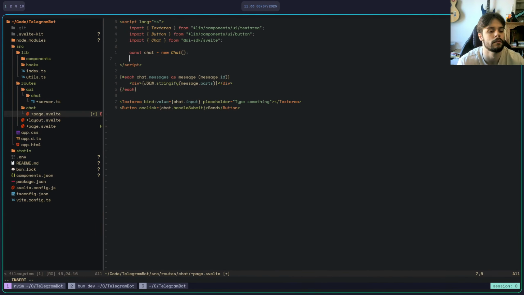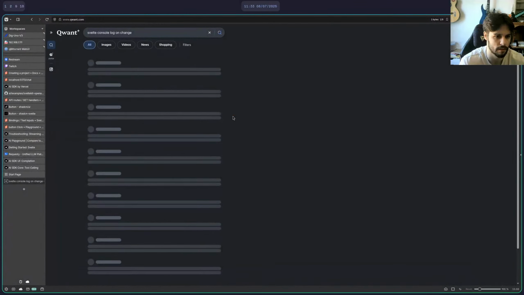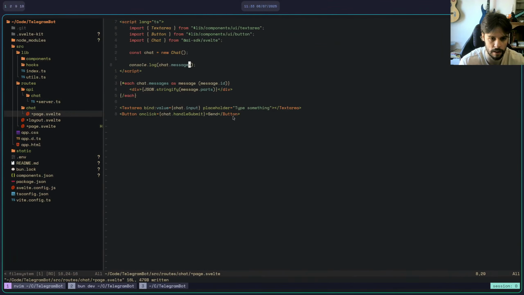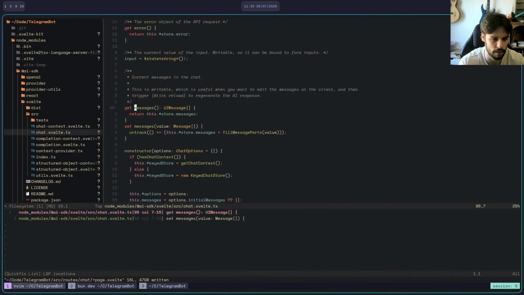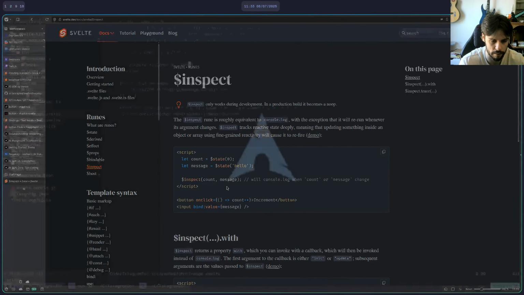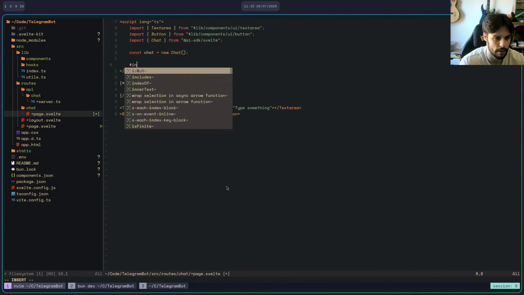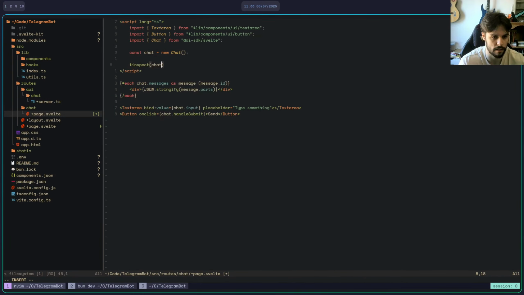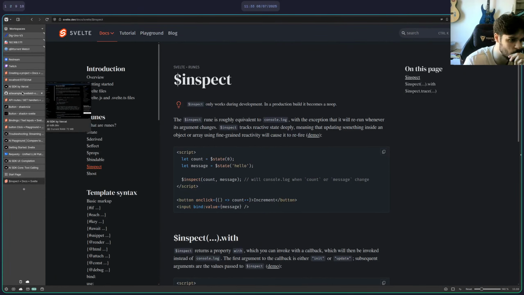This isn't gonna work here, is it? Svelte, console log on change. I'm guessing that messages would be like a store. So they have this inspect, only works during development, production doesn't. Oh, okay, cool. Inspect chat.messages. Great. Let's have a look.